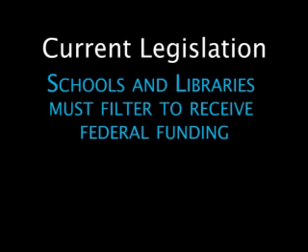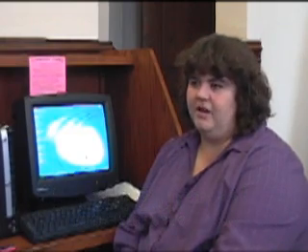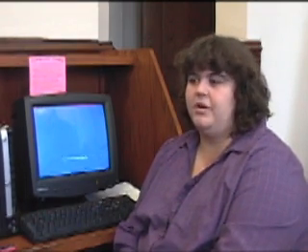A primary reason to filter is that some funding requires it. It was inspired by the CIPA Act because we knew that we had to abide by that if we wanted any kind of federal funding. But we also found that we had patrons who were uncomfortable with some of the content that was being viewed at our library. So it was kind of a decision that we made to benefit our patrons as well.